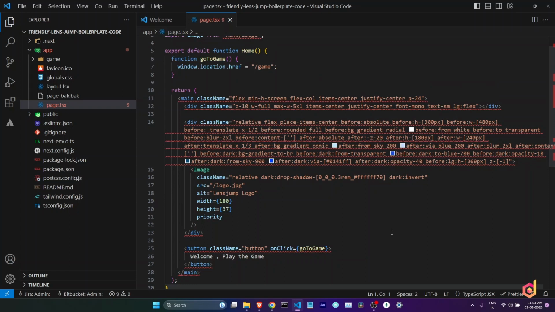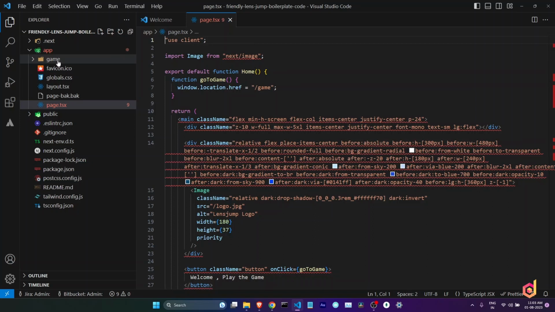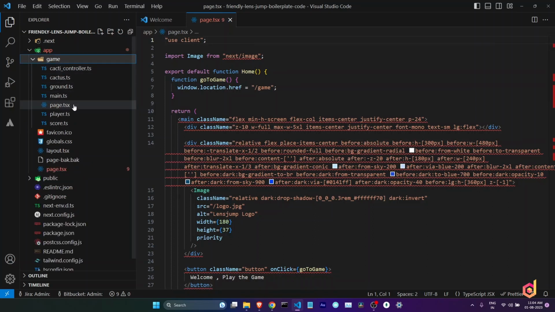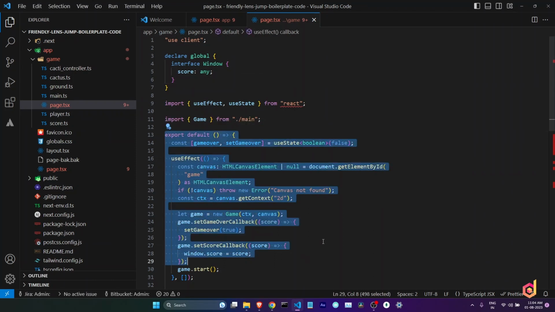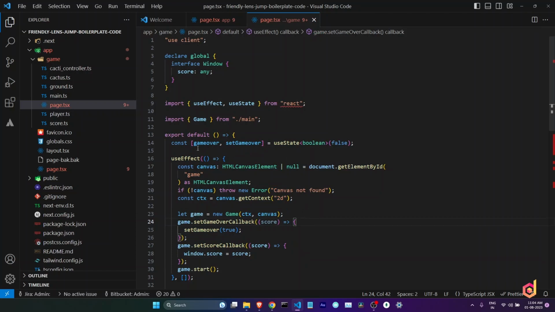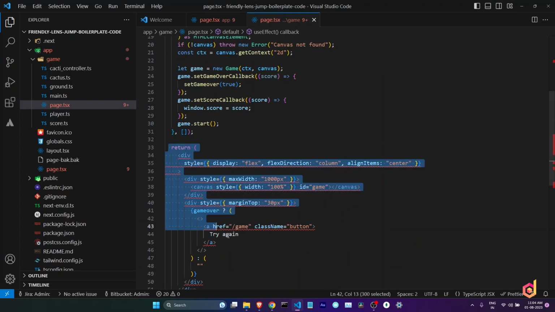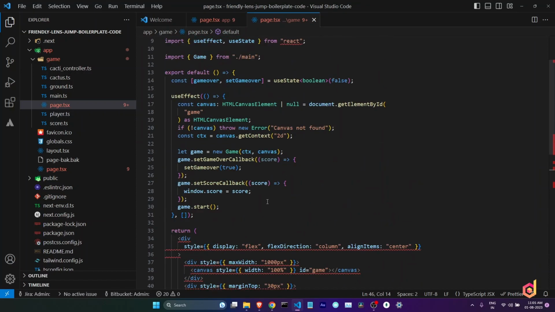As I mentioned earlier, if you want to serve a file in the Next.js app router, you need to define the folder and the page file within it. We have a folder named game here and its corresponding page file. Let's open this file and see what's inside. We have the client declaration on the top, followed by some TypeScript schema and the component itself. The component contains state, the useEffect hook, and the HTML code in the return statement. We import the game from the main file